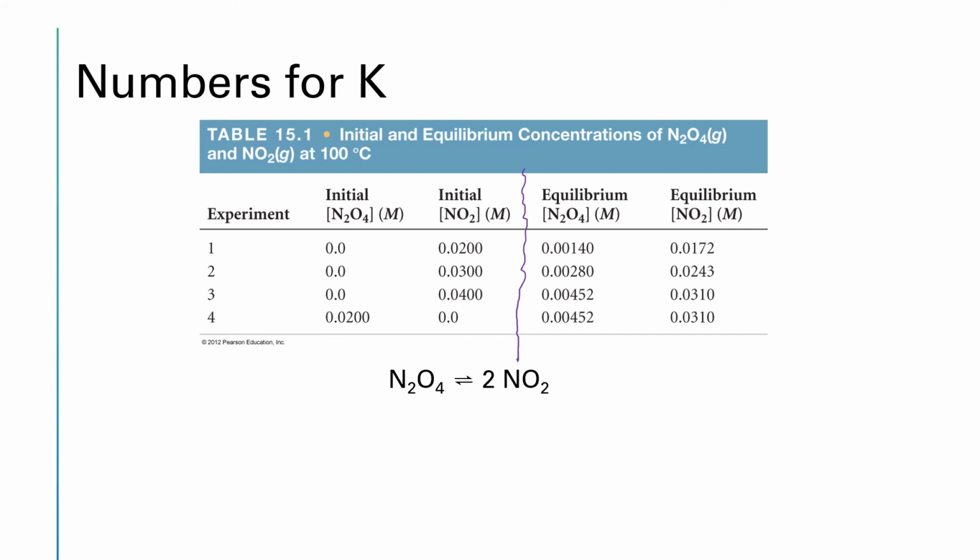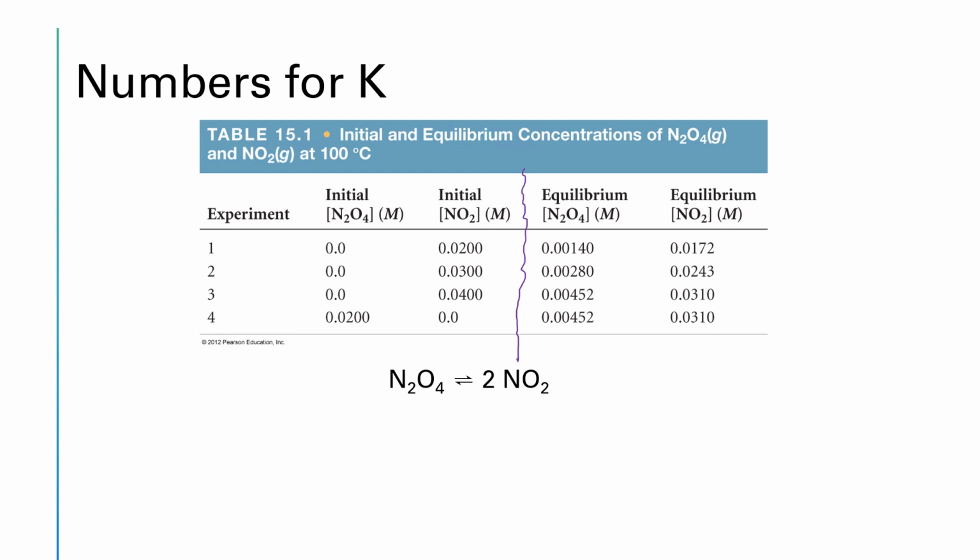So the chemical reaction we are looking at is N2O4 in equilibrium with 2 NO2s. In experiments 1, 2, and 3, we're starting off this reaction by putting varying amounts of NO2 into our flask. And yeah, I know that seems a little bit weird. We're starting the reaction by putting products into the flask. This is the thing that happens with equilibrium. You can start with reactants or you can start with products, and you're still going to end up with this